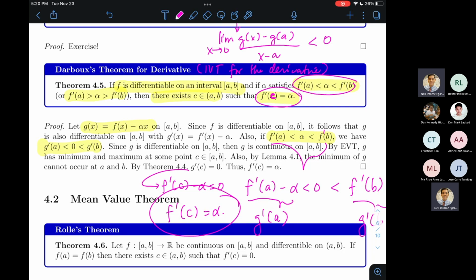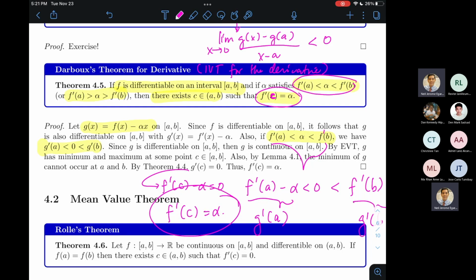So makita natin dito na mas strong talaga yung requirement ng differentiability kaysa sa continuity. Kasi it transcends not only the requirement that f prime be continuous for the IVT, ginagaranti niya yung existence ng number, hindi mo na kailangan yung continuity ng derivative para masabi yung conclusion ng IVT. Differentiability of f is sufficient para mahiram natin or makakuha tayo ng result which is in parallel to the IVT, which would have otherwise required f prime to be continuous. Okay?